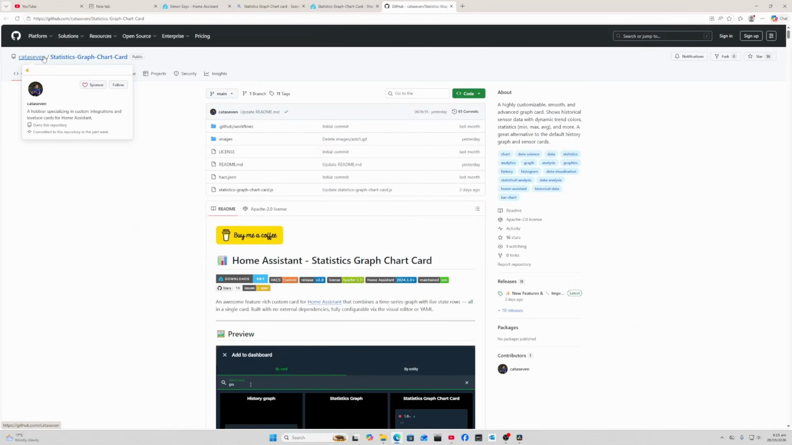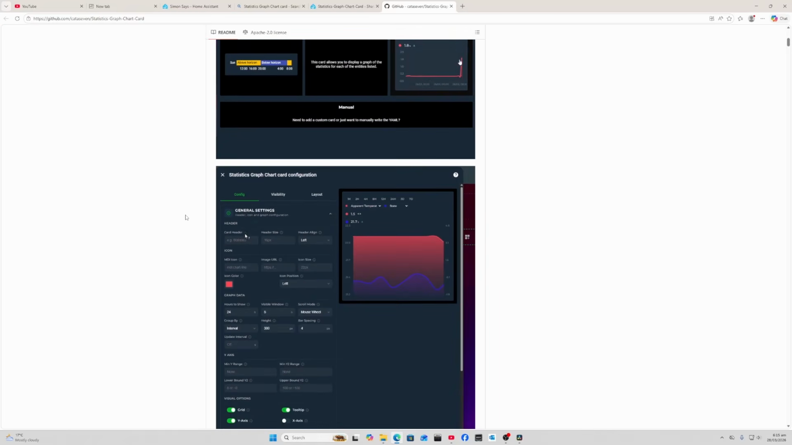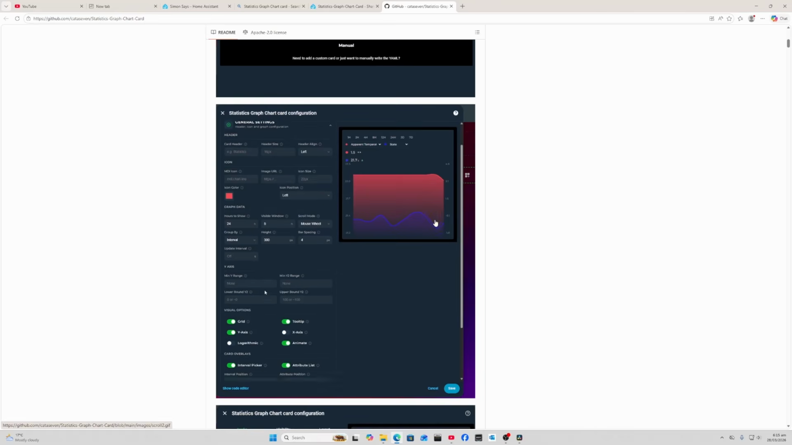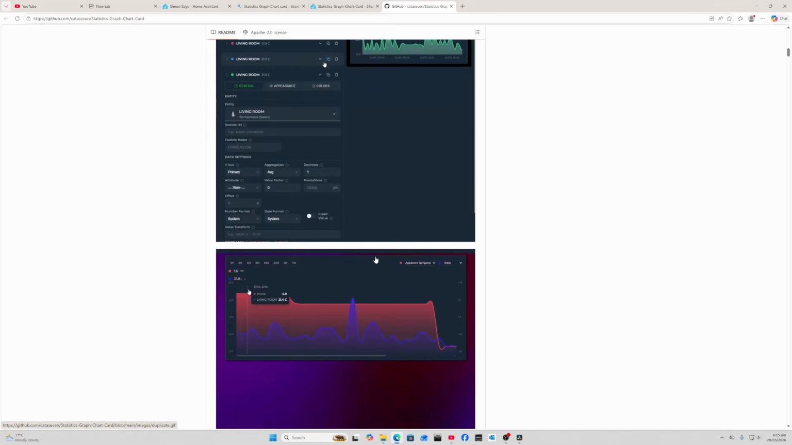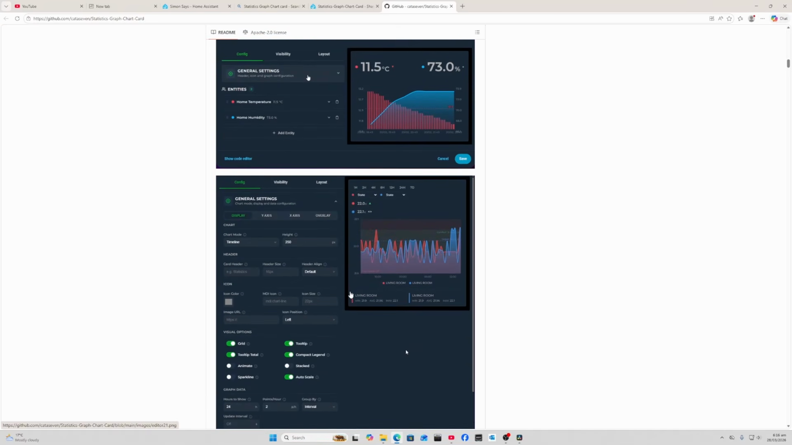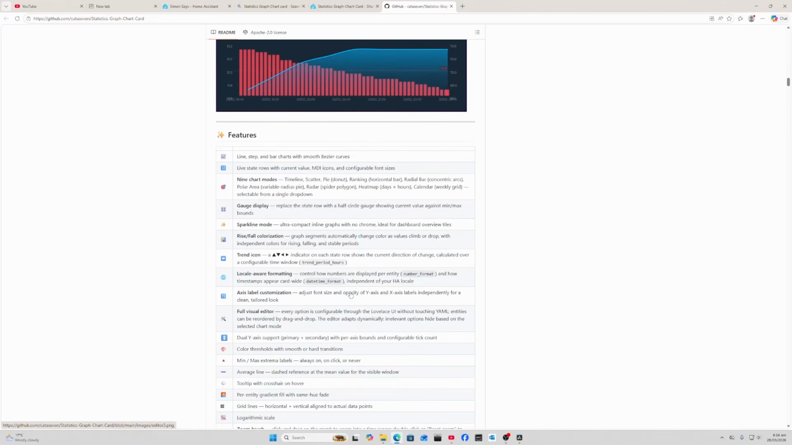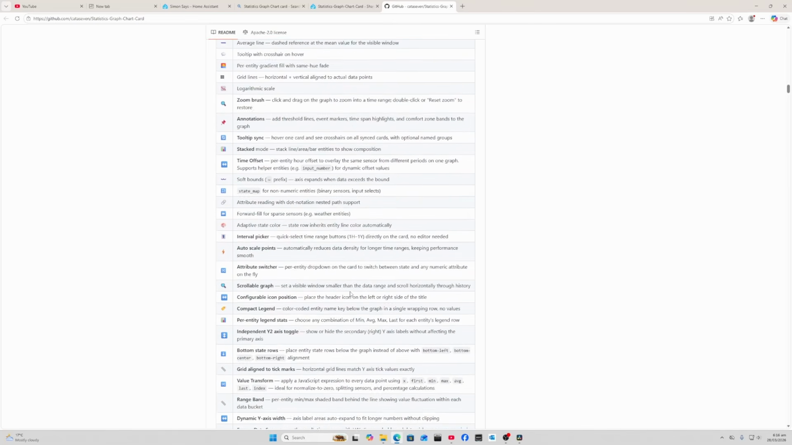So a huge shout out to Kata7 for creating the statistics graph chart card. Having a look at these graphs, you can see that they're really customizable. Look at this beautiful line graph with a shading below it. And as you can see, he's been able to add in a secondary axis as well with another metric. So it seems like we've got line graphs, we've got bar graphs, and all sorts of different configuration settings that we can use with these graphs. Having a look at the features, there are just a massive number of things that you can set up and